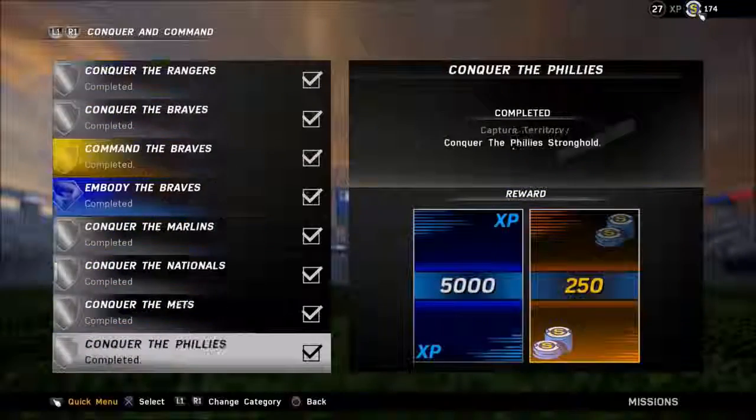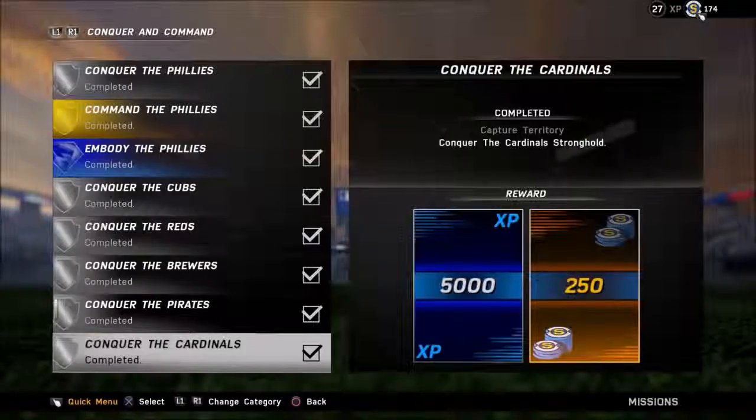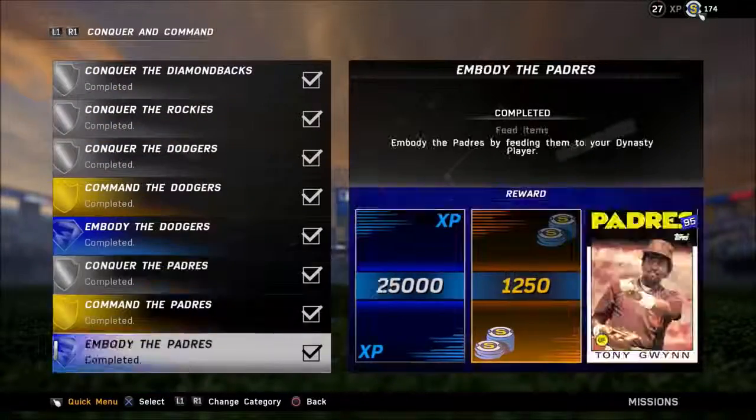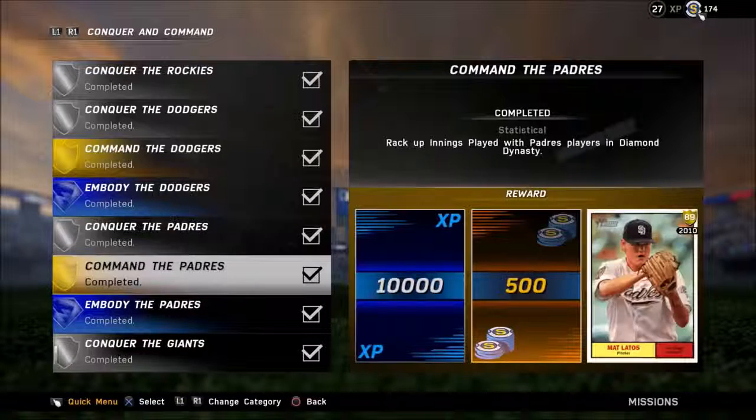you'll see exactly how to get this card. Pretty similar to how to get most cards in Conquest. So yeah, we go to the Padres here. If you conquer the Padres, it unlocks the first mission. And then you go to the next, and you actually get a nice card of that Flashback Latos